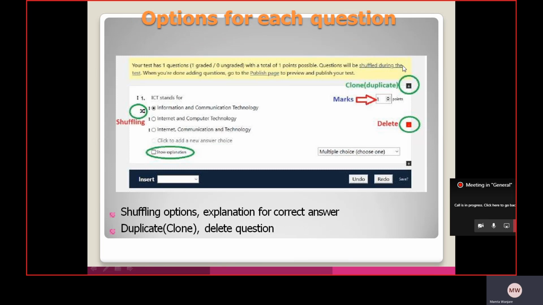Then options for each question: whenever you type the question, it gives the options. If you want to give marks, set those marks. If you want to duplicate, here the plus sign is there. And if you want to edit or delete any question, the delete option is also there.